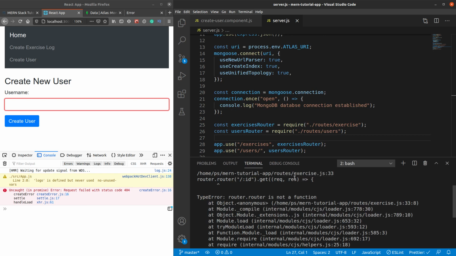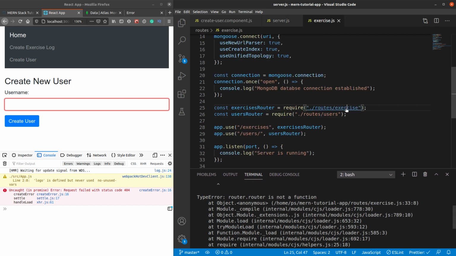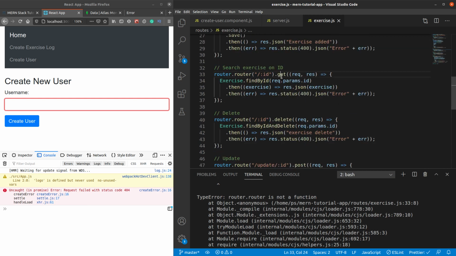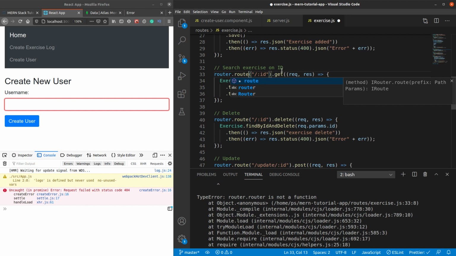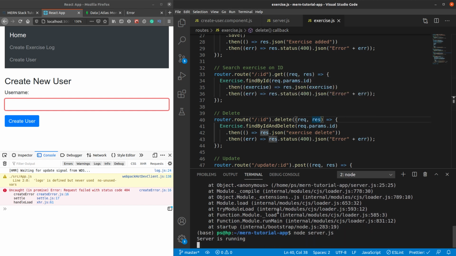It says at exercise.js line 33. Actually, there is nothing called router. It should be route. Let's restart again.